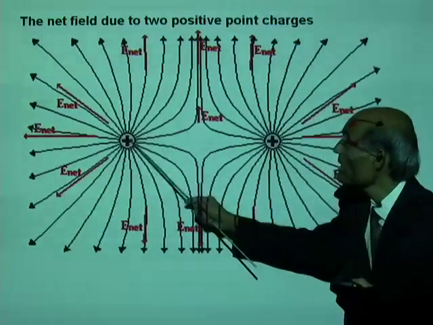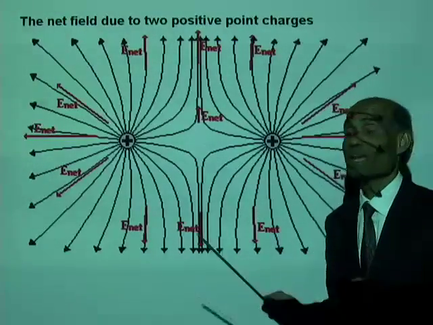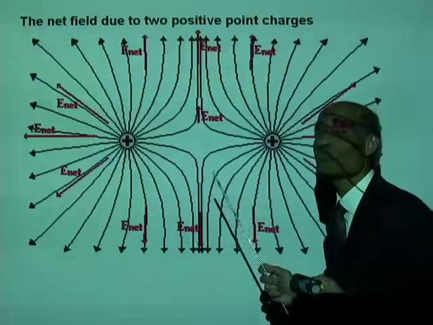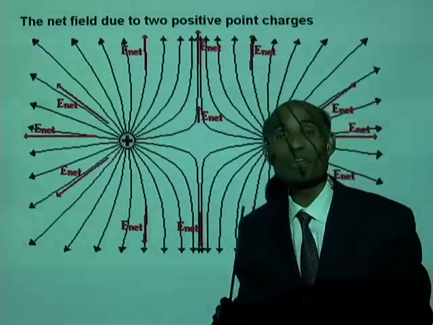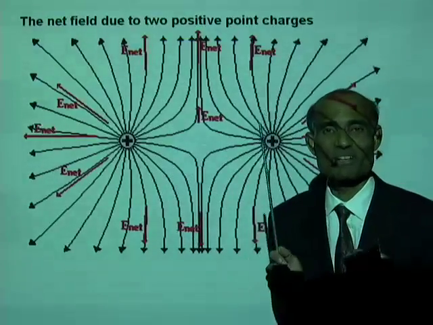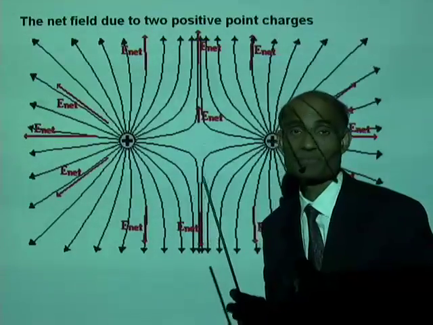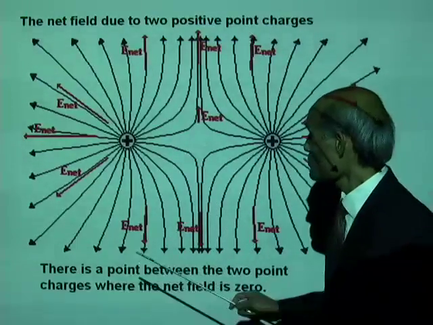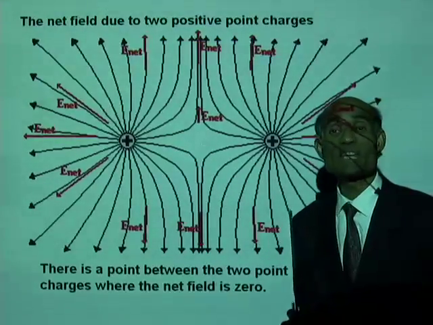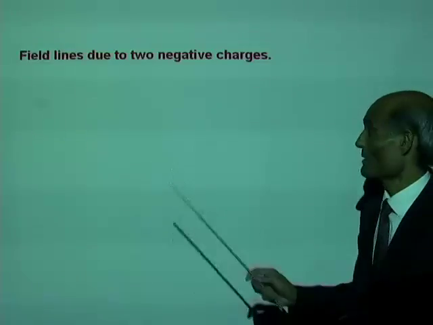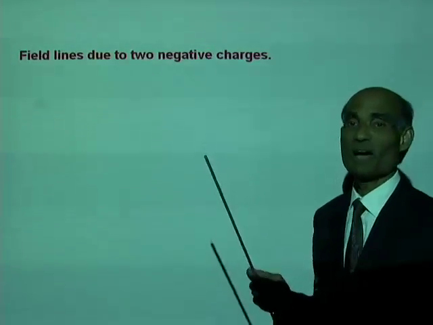So you must be familiar with these kinds of drawing field lines. Now tell me, if this represents the electric field lines due to two positive charges, what will be the field due to two negative charges? Can you try and construct one on your own? Try before I go to the next slide. So there is a point between the two charges where the net field is 0. Okay, field lines due to two negative charges. Well, this time I'm going to